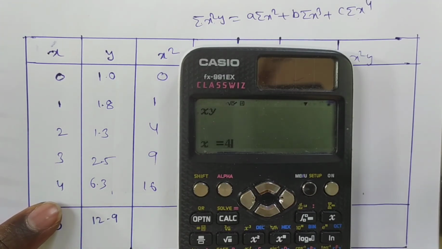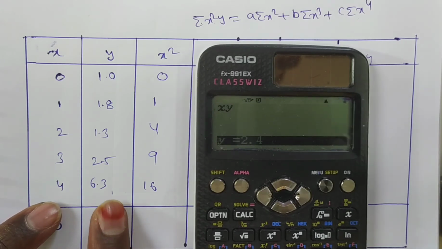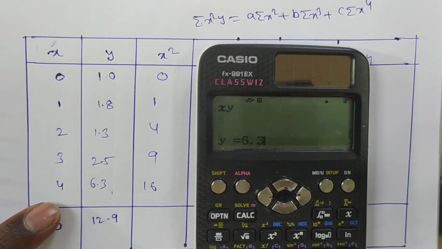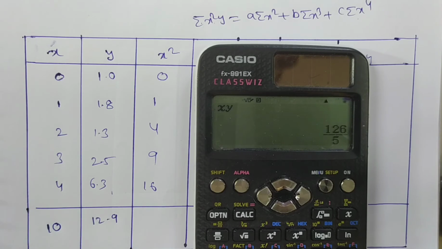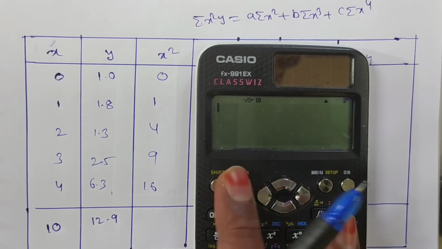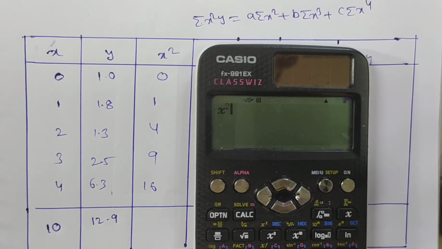X is equal to 4. Now the corresponding y value, what I have here, is 6.3. So 6.3 is equal to, now which gives the xy value, press SD, that is 25.2. Similarly, x square y also you can find. How can you find it? You say alpha x, press x square into alpha